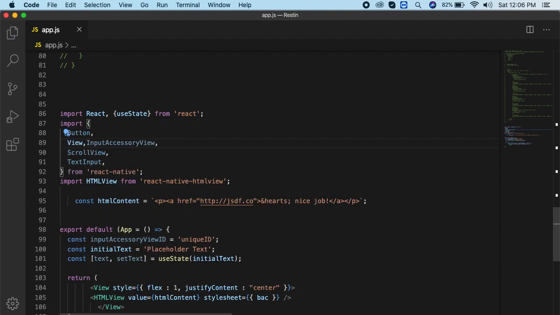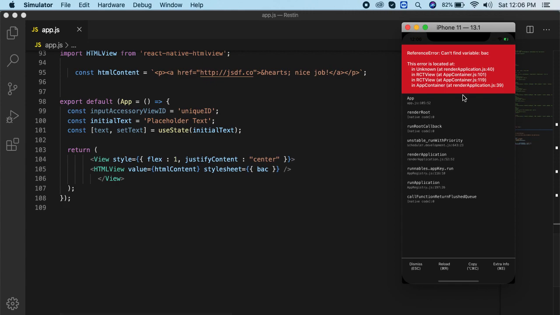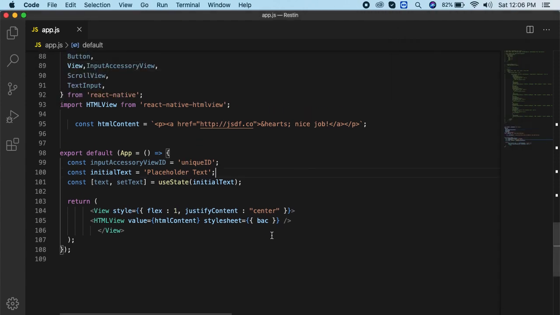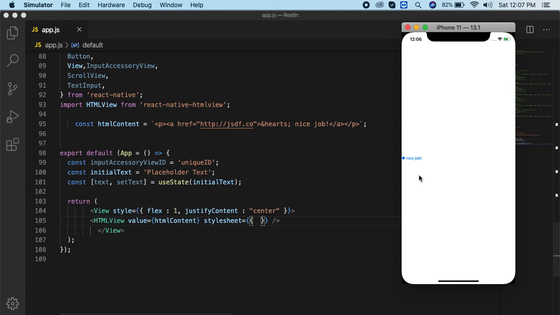Now we need to check. You can see this href is basically containing the link. Nice, you can see it here.